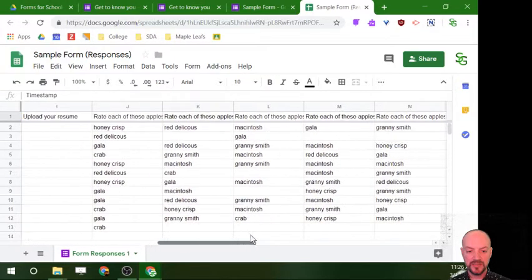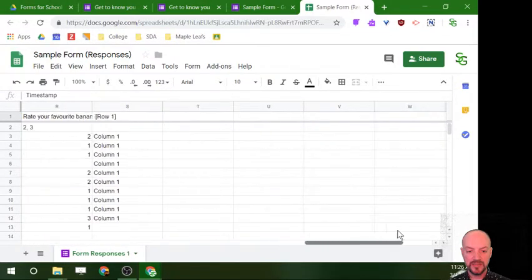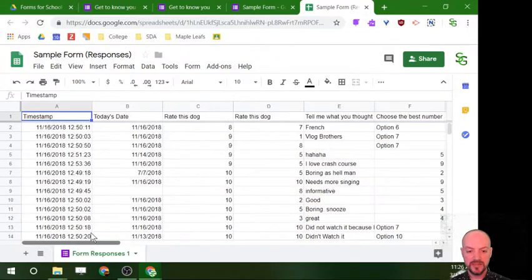So depending on what you're going to do with this, if you have this as a survey asking people to rate things, or whatever it might be, you could then use this data, start making charts out of it. You could use it for grades, and you can get in some creative uses of these. I've actually created some Google Forms that were